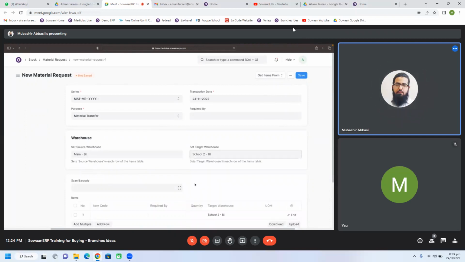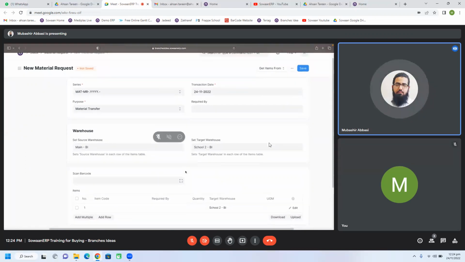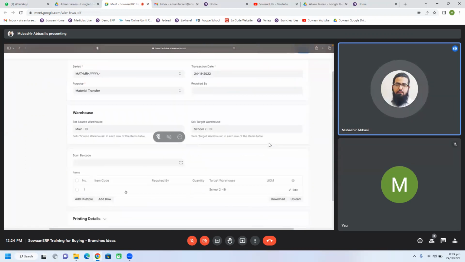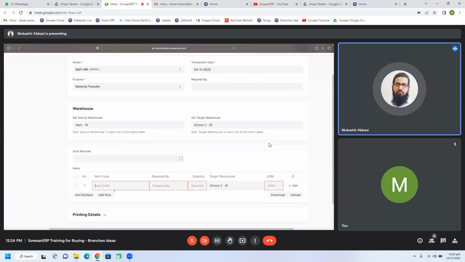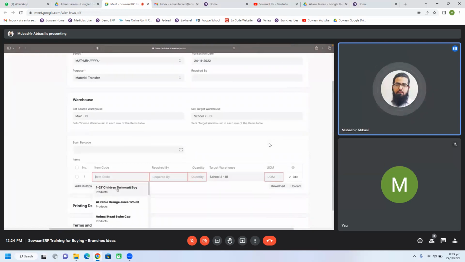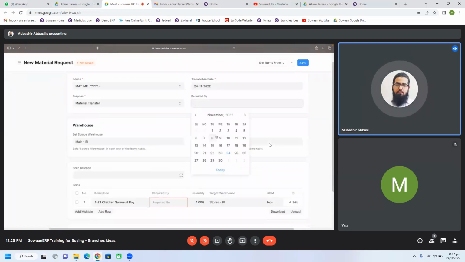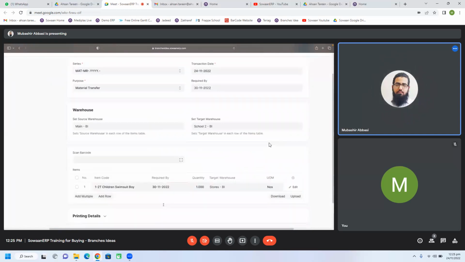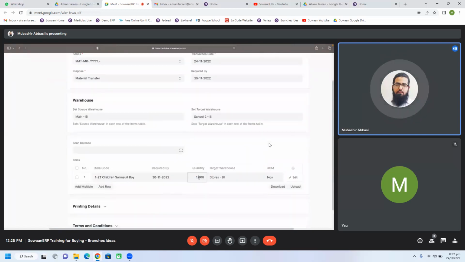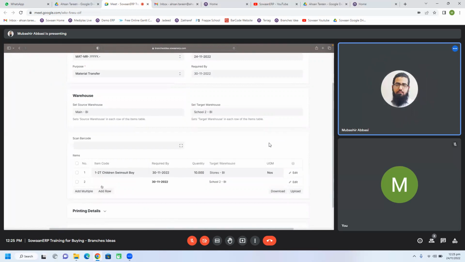Then he can add the items they need, and also he can put here the required date, so it will be automatically fetched in each item. Okay, then he can put the quantity here, then